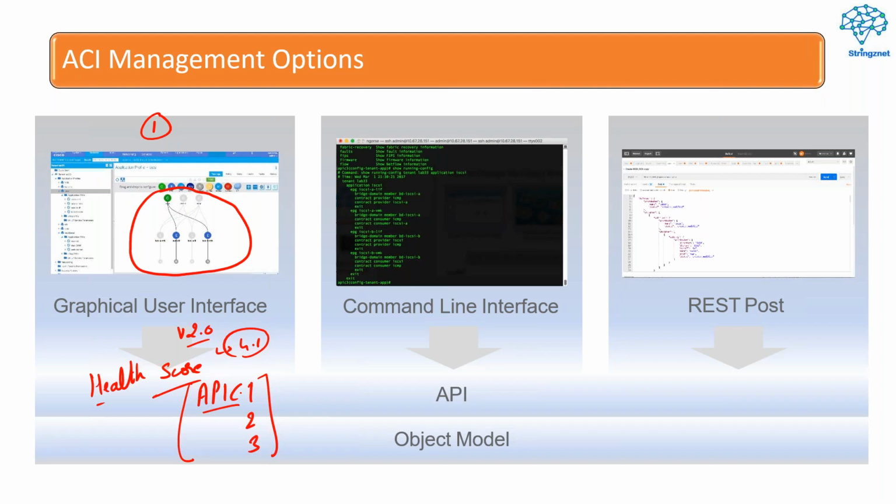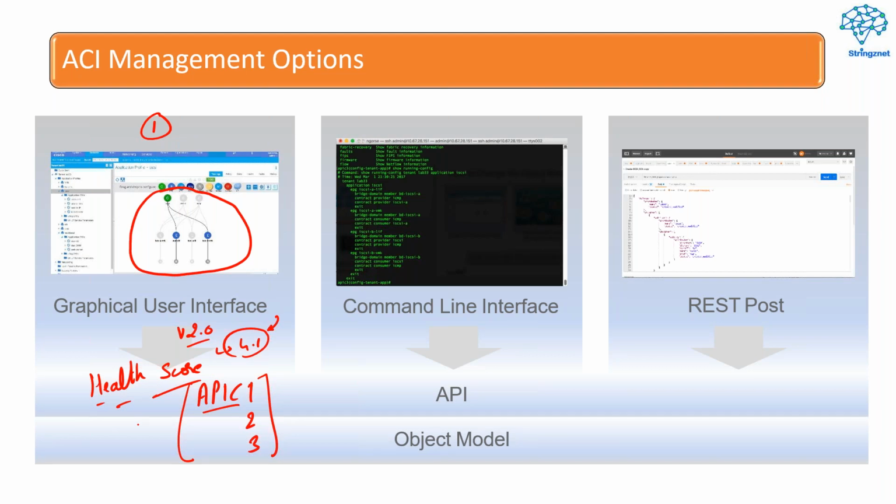This was a question wherein the candidates were asked to fix the controller issue, where one of the controllers was not in a healthy state. So unless and until you do this, it is meaningless to go to other sections and subsections. So very important, we will be taking a look at how to check the health score of our controller.